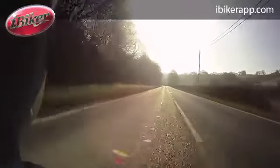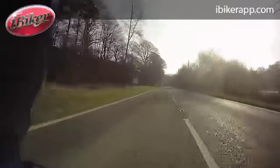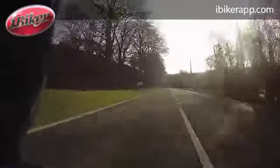Then we've got the sun in our eyes, so we've got to just be careful we don't get glared out if our visors are a little bit dirty. Just moving away from these vehicles a little bit, they're oncoming, just in case they're on their mobile phones or their mind somewhere else and they wander. Okay. So here we are, we're coming